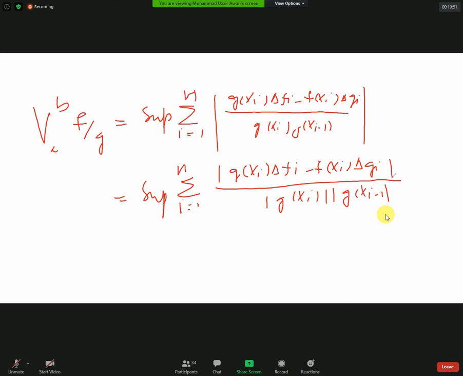ठीक हो, since it is given that mod g of x is greater or equal to lambda for all x, ठीक हो गया, इसका मतलब है डिनोमिनेटर में लेस आर इक्वल टू लैम्डा हो जाएगा, ये भी लैम्डा के लेस आर इक्वल टू होगा और ये भी लेस आर इक्वल टू लैम्डा के होगा, लैम्डा इंटू लैम्डा कितना होगा, लैम्डा स्क्वायर, वो बाहर निकाल लें 1 ओवर लैम्डा स्क्वायर, सुप्रीमम समेशन i इज इक्वल टू 1 to n, यहाँ पर ट्राइंगुलर इक्वालिटी लगा लें, आ जाएगा हमारे पास